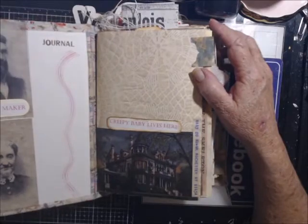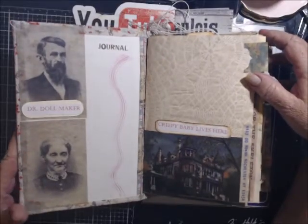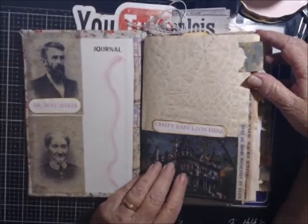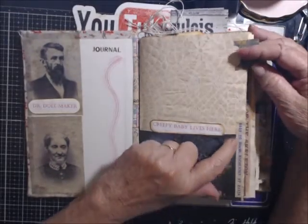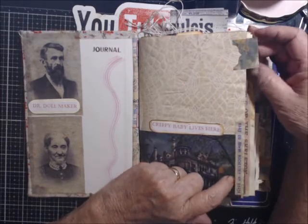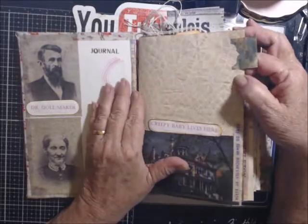And then when you open it up, I have Dr. Dollmaker and his creepy assistant. And then it says Creepy Baby Lives Here. And it is a vintage address label on this side. And this paper here is the dyed paper that